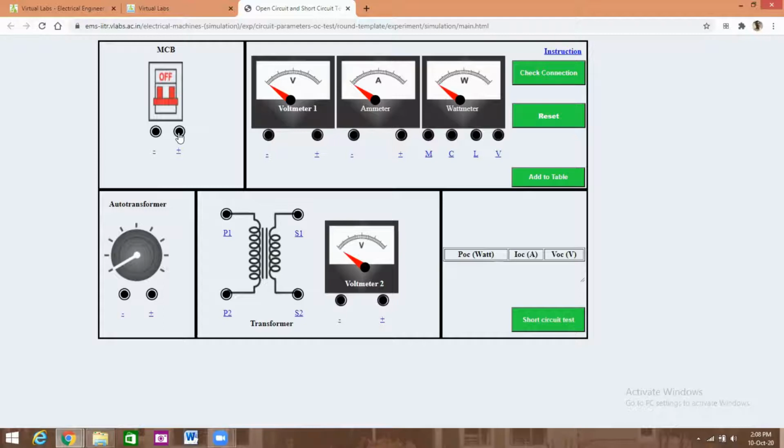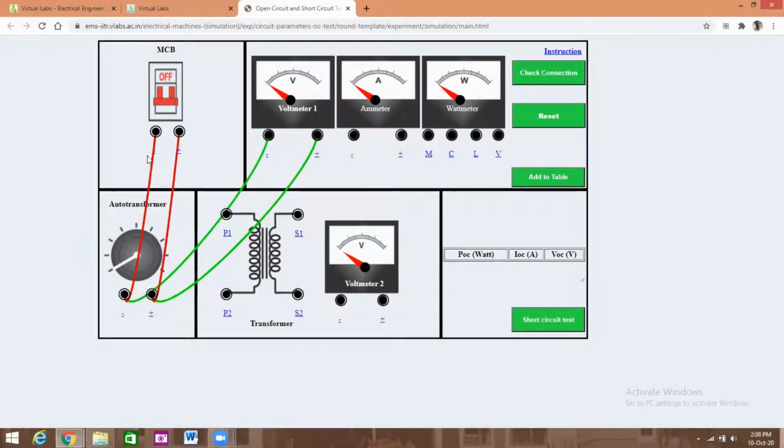First of all, connect the voltmeter across the power supply. Then supply is given to the auto transformer, that is, the phase is connected to phase. Here the phase is denoted as positive.